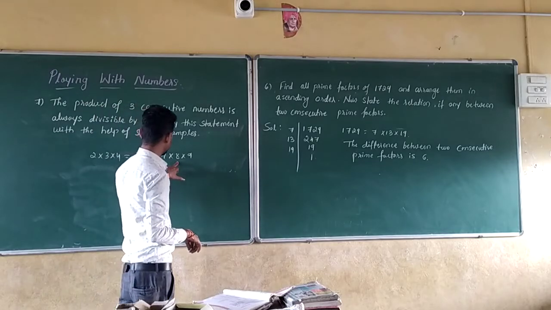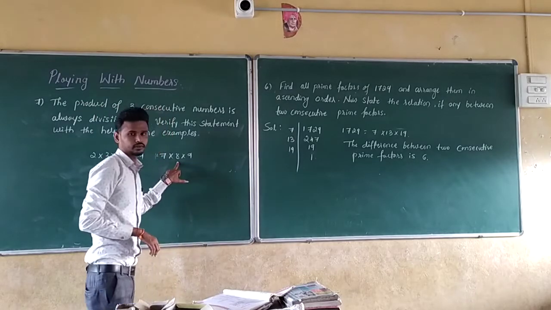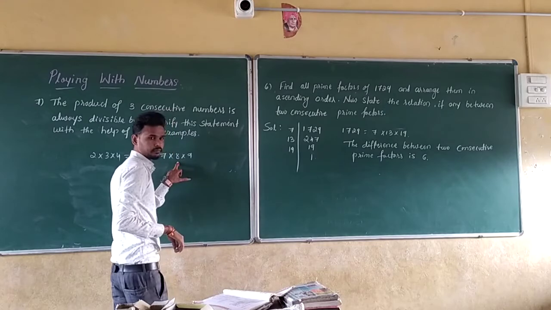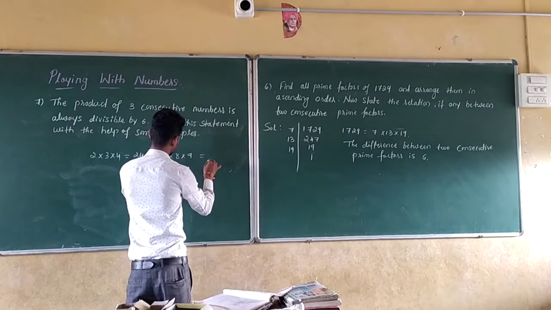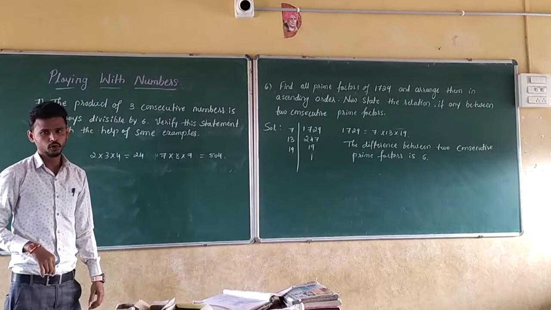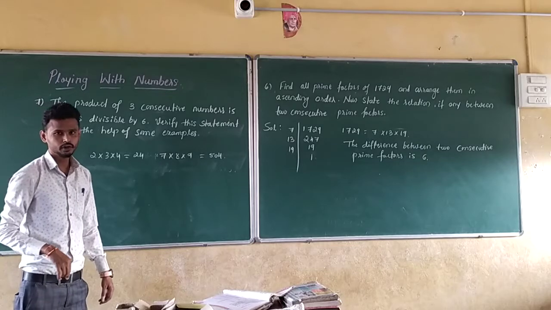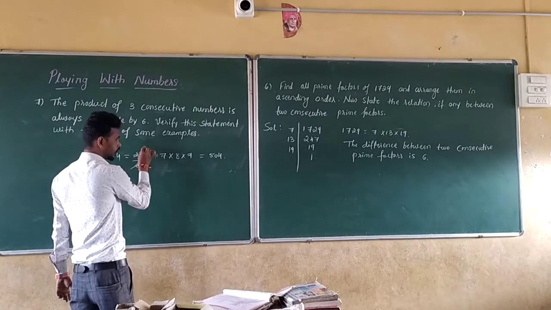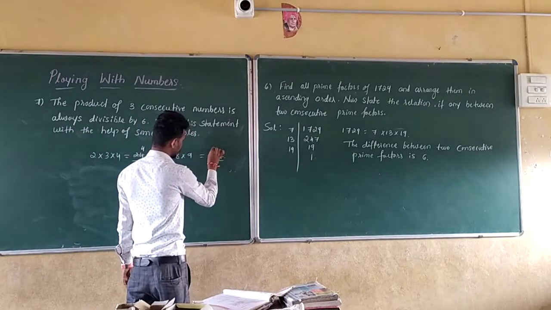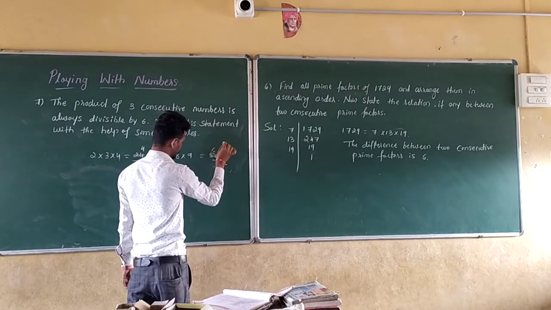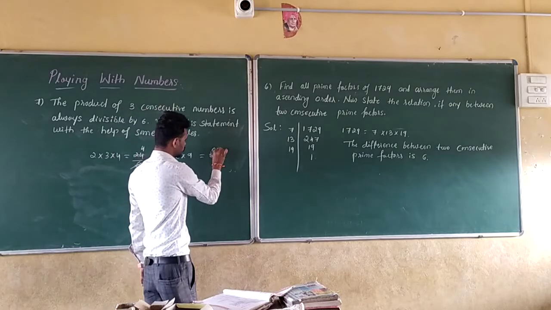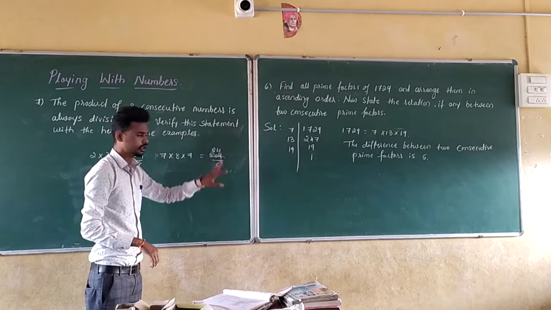Okay, here it is. 7 8s are 56. So 56 9s, how much will you get? 504. So is that divisible by 6? Let us say 24 is divisible by 6, 6 4s are 24. And here check. 6 8s are 48, 2 remain, 24. 6 4s are 24. This is also divisible by 6.